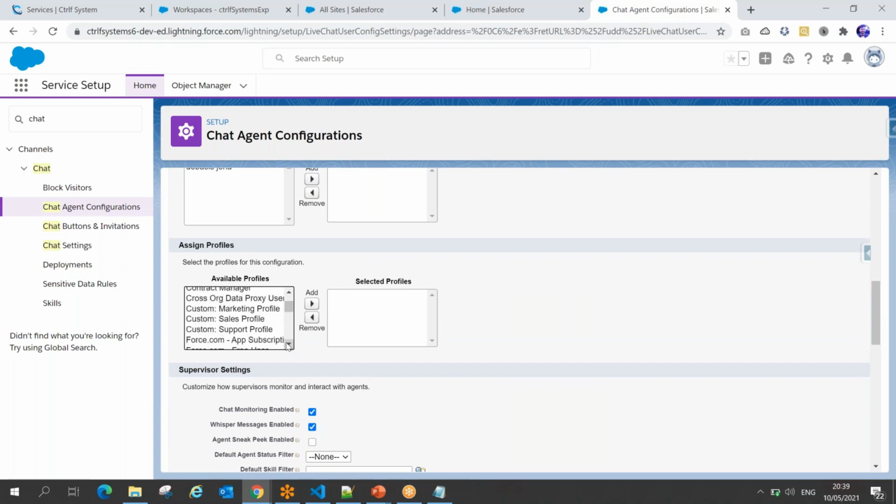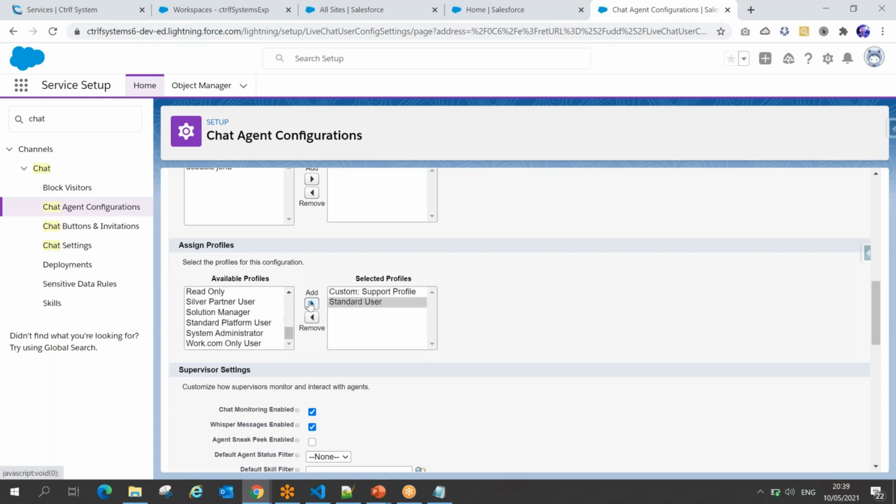Let's think customer support profile. I'm selecting next as my standard users, and next is my system administrator. Okay, so a few profiles I have selected. You can choose which one you want, but I'll tell you, always pick the system admin as per your learning,